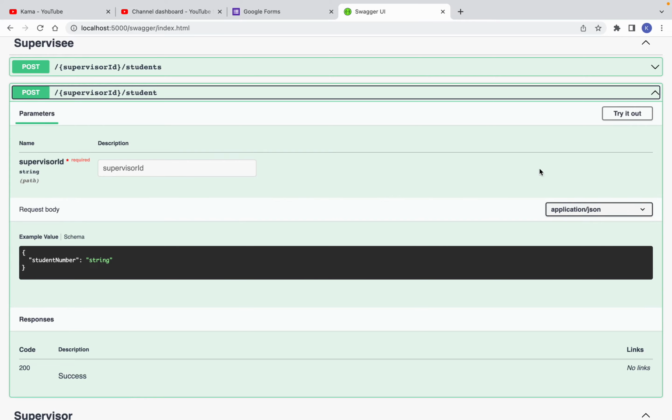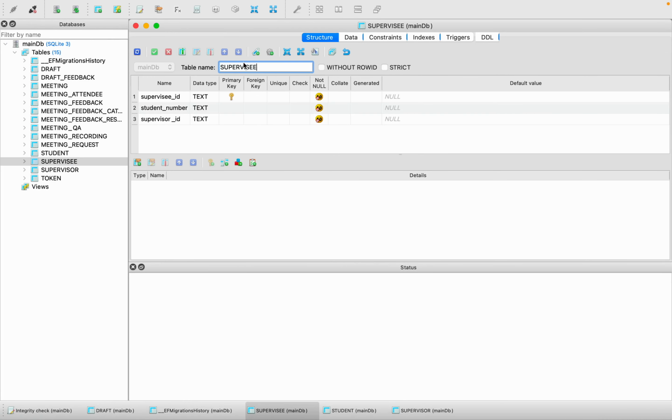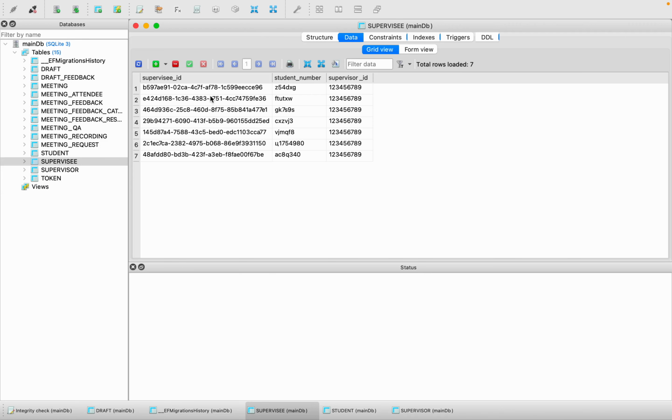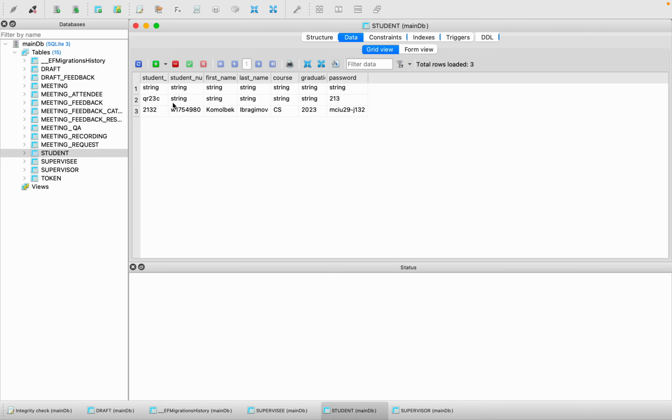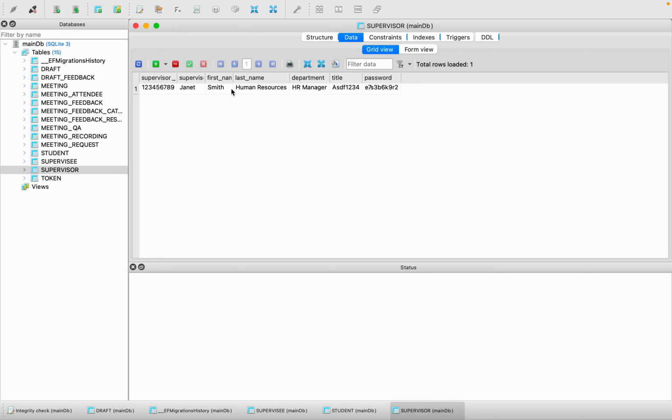We can actually try this out. In order to try this, we have to have a look at our database, the supervisor table, and the data. At the moment we have just one supervisor in our database by this ID, and we have different students with their student numbers assigned to that supervisor. So we're going to assign our newly created student with this student number to the existing supervisor, who is Janet